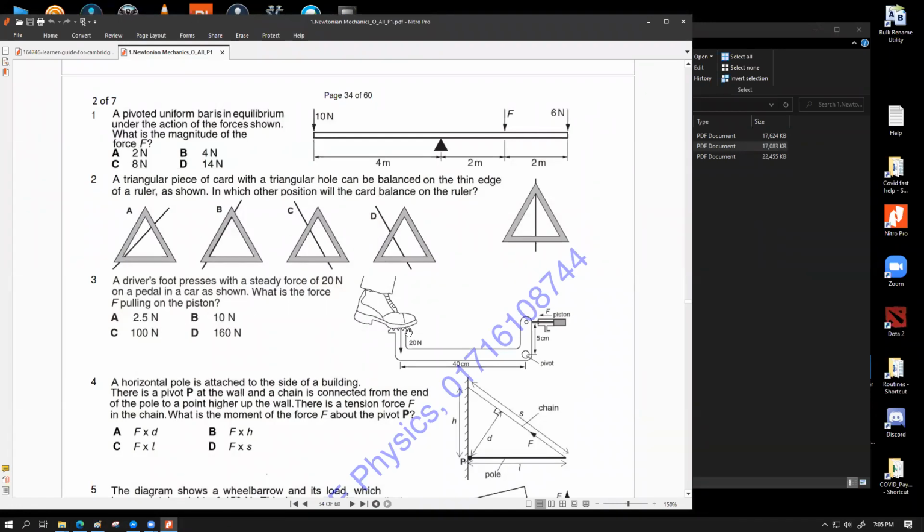Whenever this lever is pushed down by 20 Newton, this is working 20 Newton into 40 centimeter about this pivot. So whenever this thing will be pulled, this will be going down and that will be up, and it will rotate about the pivot in an anti-clockwise direction. So this side is producing a total of 20 Newton into 40 centimeter, which is 800 Newton centimeter of moment. So if I go ahead and try to do this math, I might as well